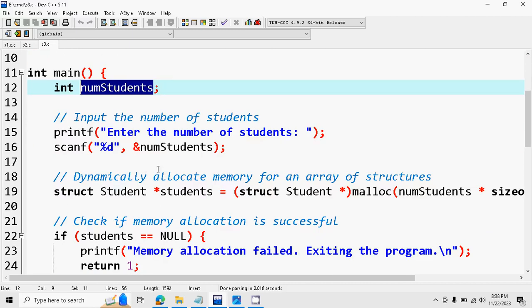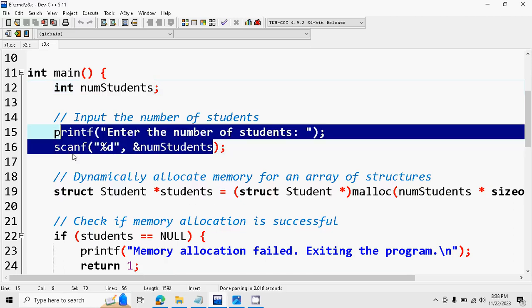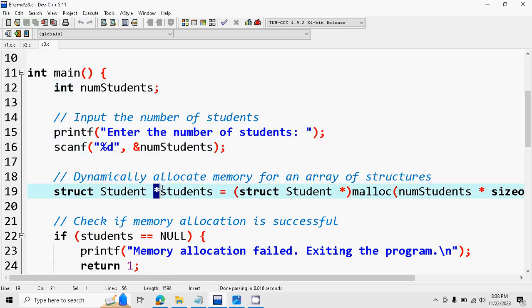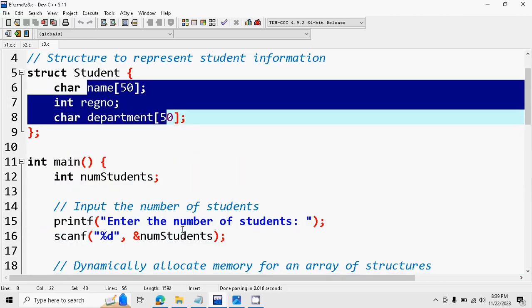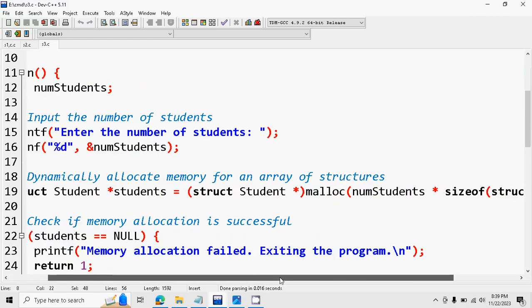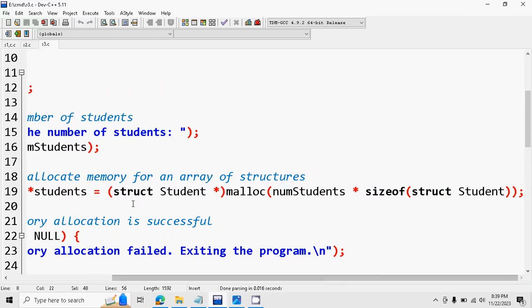So I am getting the number of students from the user first, followed by which I am going to declare one pointer variable called students under the struct name student, because the student will carry name, register number and department. And I am going to use malloc here, struct student star. That means I am going to allocate physical memory for the student tag. This is the meaning of this student star, followed by I am going to call the memory function called malloc,